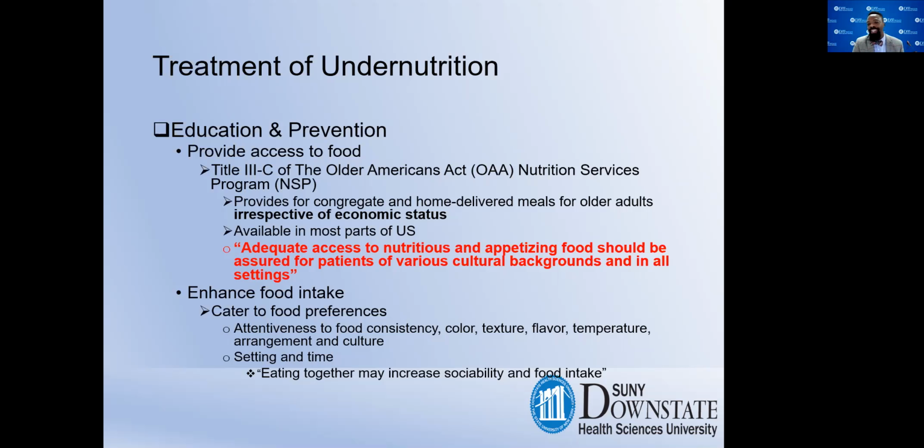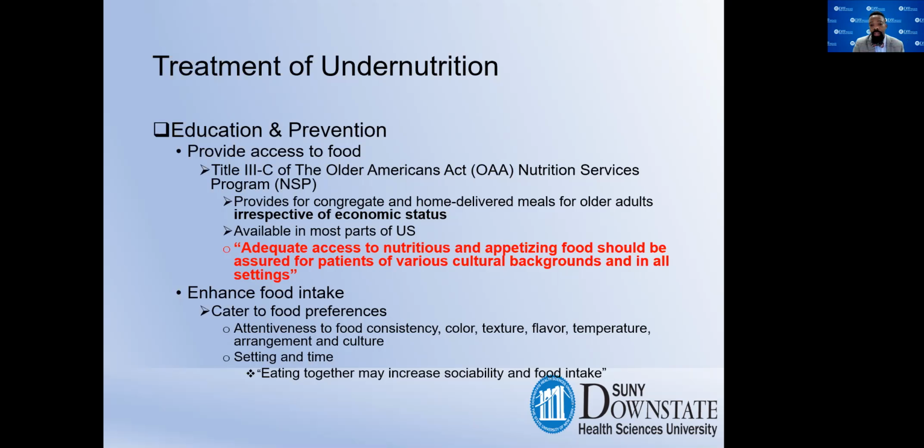But in all these cases, education is important. Education, education, education, especially if the patient, the older adult, has capacity. Otherwise, we engage. We should always engage family members and other caregivers, right? Education is important, okay? And then we have to provide adequate nutrition, food, and provide access to